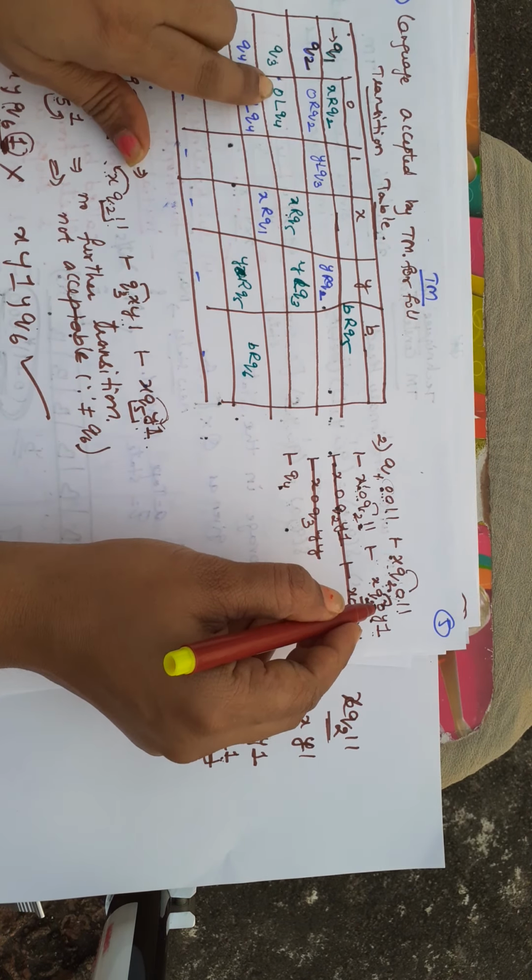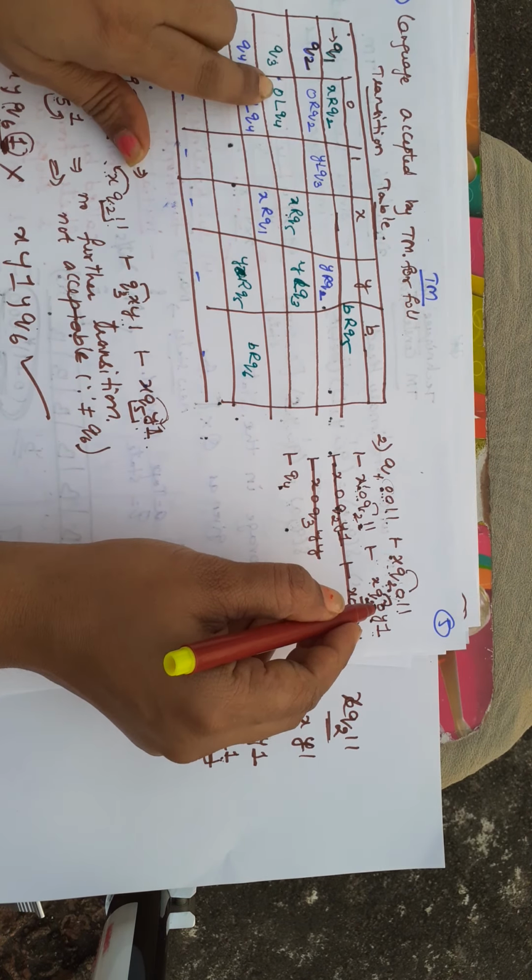Now check the next one, q4 x. x is x only, q4 becomes q1 now, and it is given as right direction, that means it should jump over this x with the state, and change q4 to q1, 0. And x is x only in the given question, and the remaining is 0 y 1.